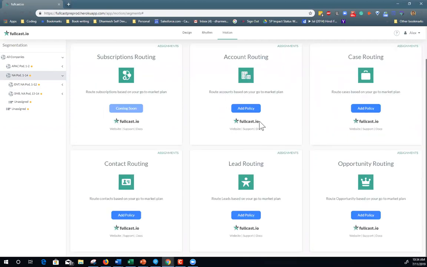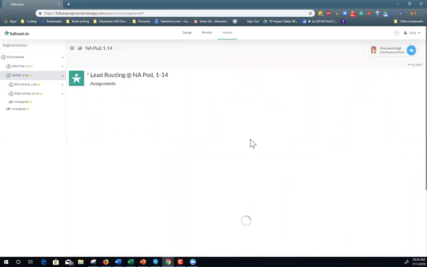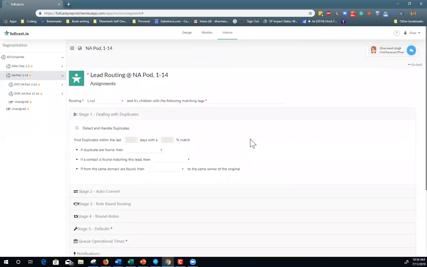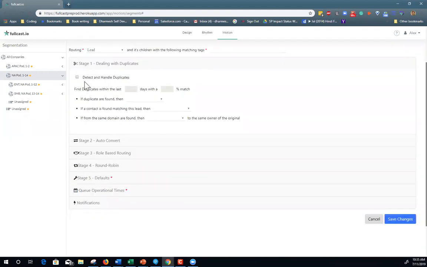And so I could have a different lead routing policy for North America than what I had for all company level. And the advantage of doing it this way is it's done in plain English. As the go-to-market evolves, you don't have to go around and write custom code in Salesforce or a third-party tool where you have to go and update process flows every time your go-to-market changes, right? All I have to do is now just come into my go-to-market and say, this is my policy today. I have a policy that talks about how we're going to handle duplicates, right?